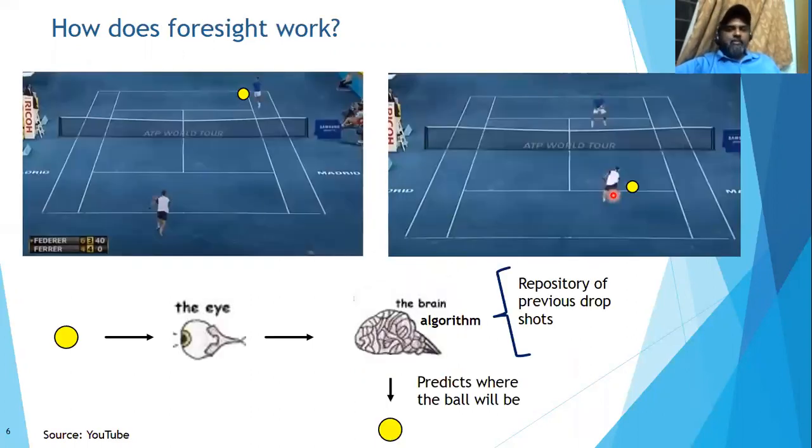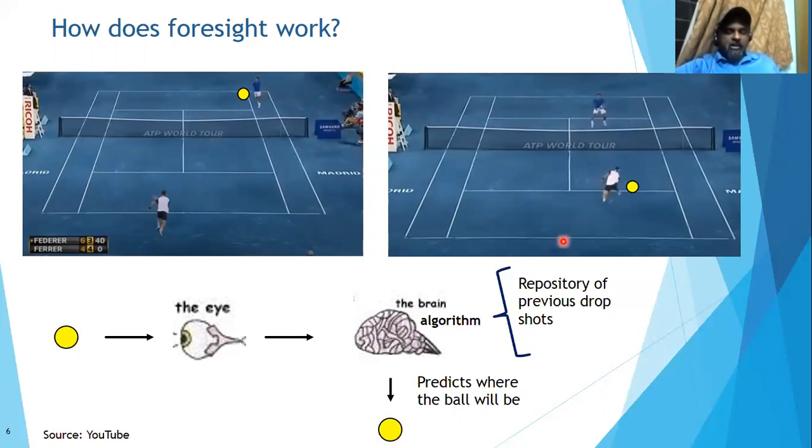A slightly different example is foresight, prediction. So now here is a tennis match. This is a match between Roger Federer and David Ferrer. And you see that Roger Federer is attempting a drop shot. Even as he attempts the drop shot, you see the opponent running. And a few seconds later, the opponent Ferrer is able to reach the ball.